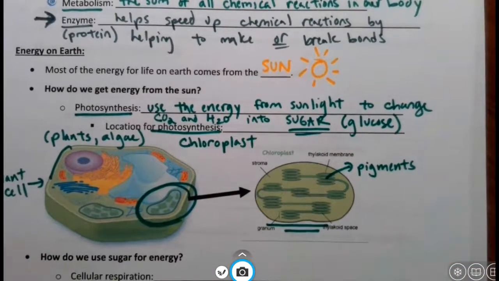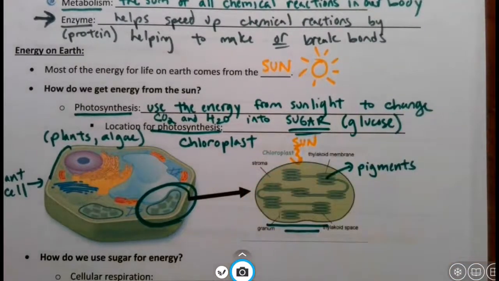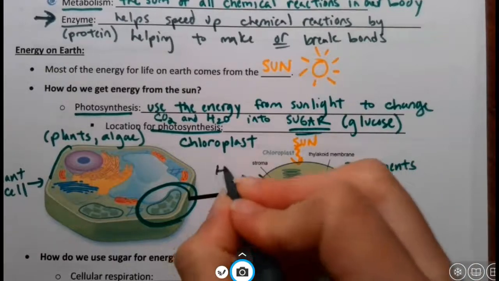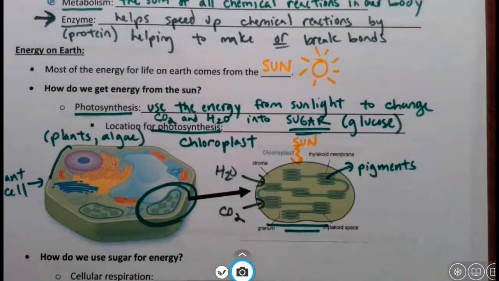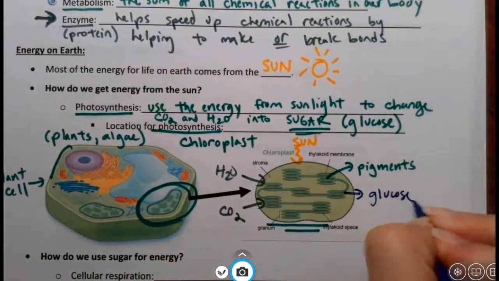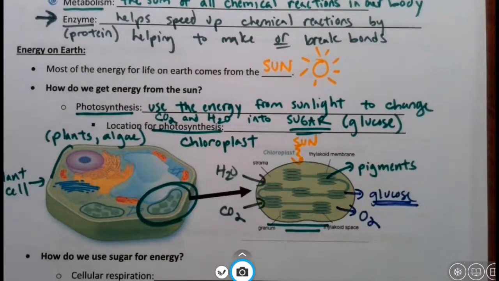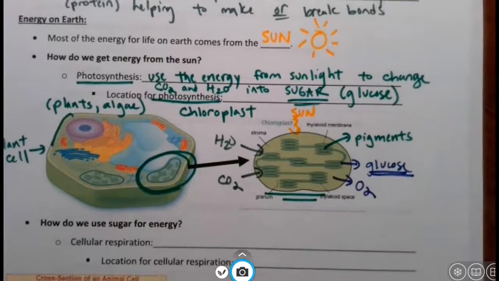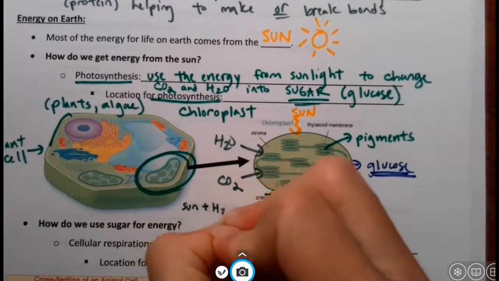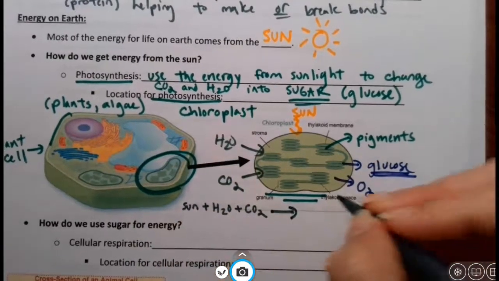And what goes in? Well, sunlight goes in. What else goes in? Carbon dioxide goes in, and water goes in. And what comes out? Well, glucose comes out, which we use for energy, and oxygen gas. So if I wanted to make reactants and products for photosynthesis, I would say the sun plus water plus carbon dioxide are our reactants, and they are turned into glucose,